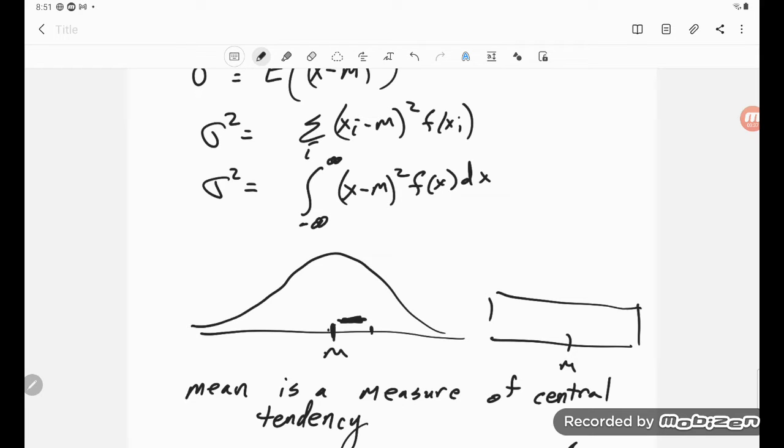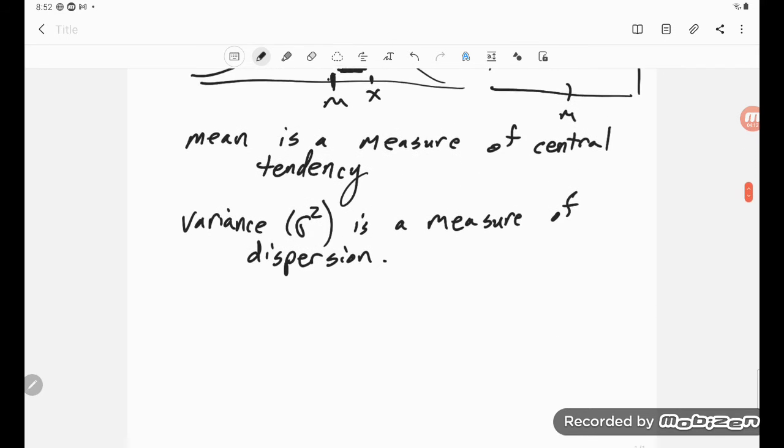But it turns out squaring ends up having better mathematical properties, and so that's what we do. We look at the square of this thing, we call it variance. But you can see, again, we're looking at that difference between some x value and m, squaring it and taking that weighted average. Okay,